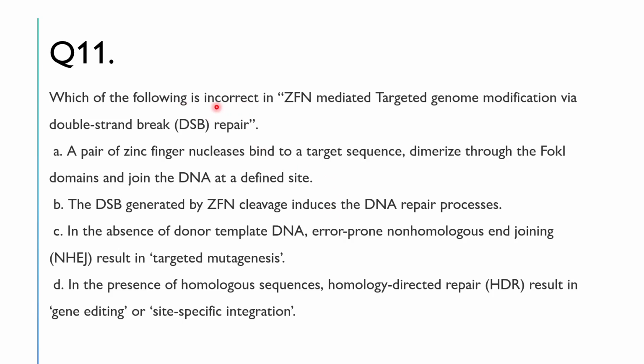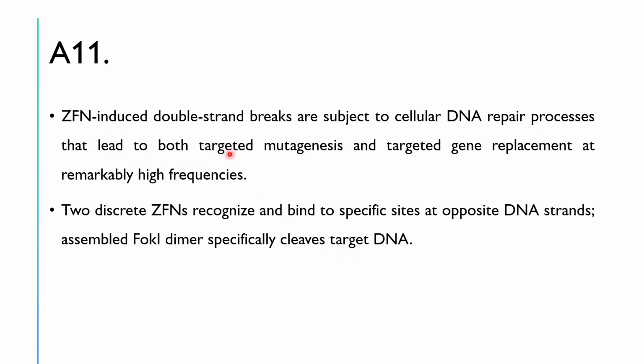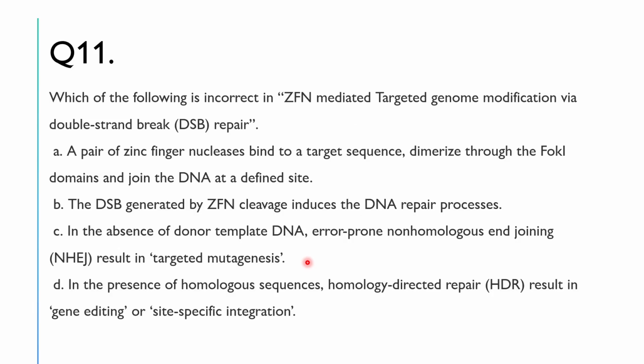Here it asks for the incorrect one. Which of the following is incorrect? Okay, let's discuss it then. ZFN-induced double-strand breaks are subject to cellular DNA repair processes that lead to both targeted mutagenesis and targeted gene replacement at remarkably high frequencies. Two discrete ZFNs recognize and bind to specific sites on opposite DNA strands. Assembled FokI dimer specifically cleaves target DNA. So read it again. The options: